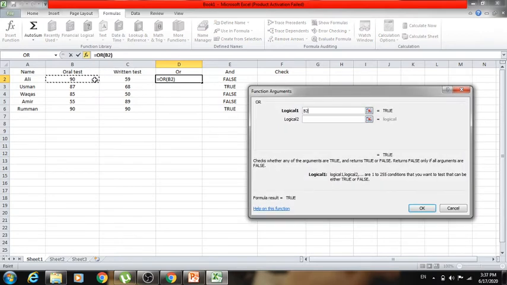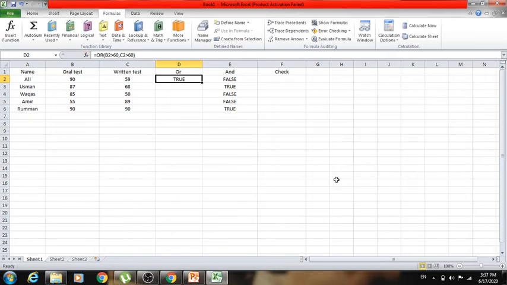In OR operation, the first must be greater than 60, and the second one must be greater than 60. So one is true, one is false. So what will happen if I enter this? It is true. It means if one student is passed in one of the exams, it means that he is passed in all exams.